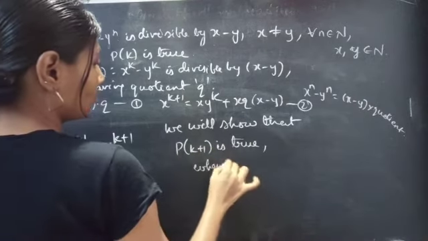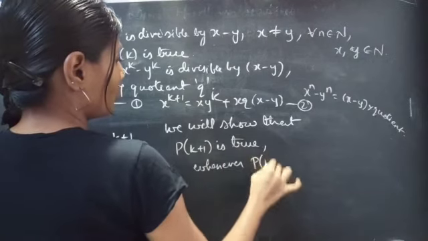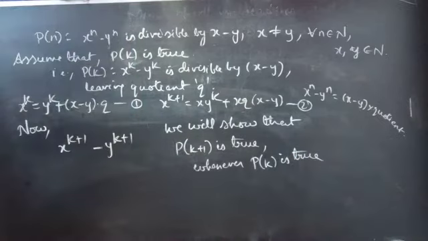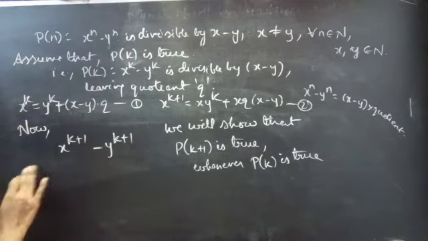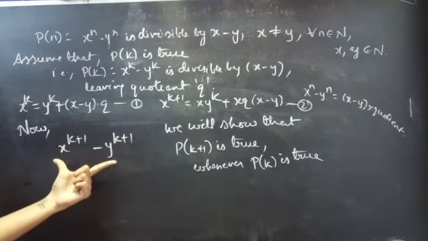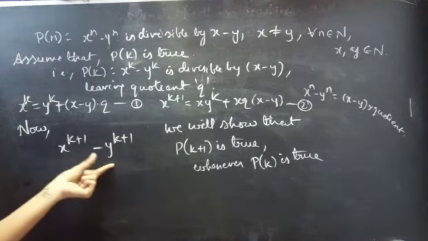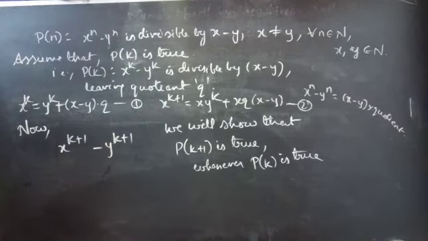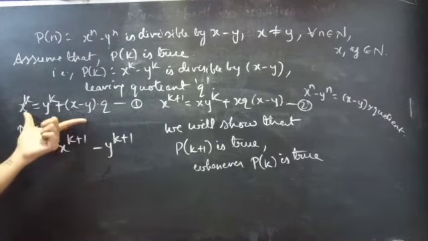whenever P of k is true, right? So now let's show this statement is true. That is, x power k plus 1 minus y power k plus 1 is divisible by x minus y, using